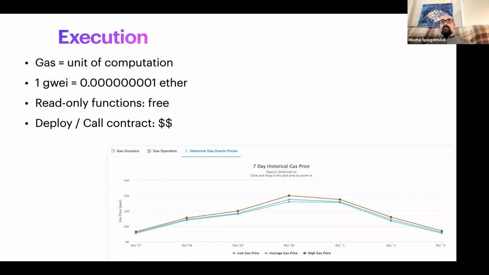Now, gas fees can be pretty expensive right now. There's a lot of demand and not a lot of transaction throughput in Ethereum. So doing some kind of simple operation like a simple function call can cost $20, $30, $40, $50. Deploying a smart contract can cost in the thousands of dollars. This should get cheaper. Ethereum 2, which is perpetually around the corner, is supposed to make gas prices much, much cheaper. We'll see. And there's alternatives besides Ethereum as well for writing smart contracts.